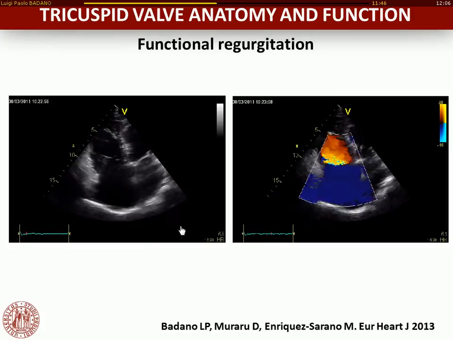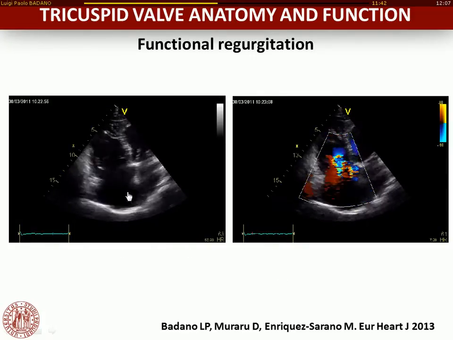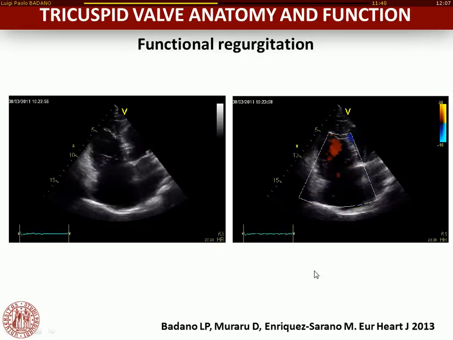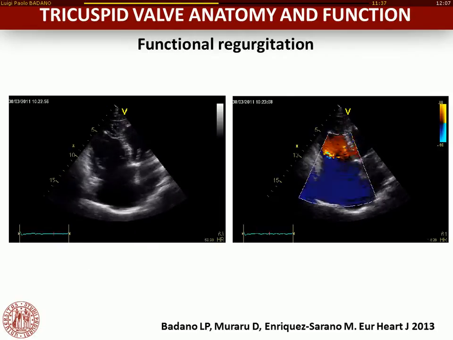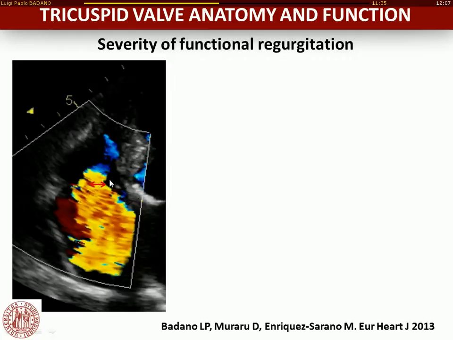This is severe, sorry for the flash on this slide. What we want is first to quantitate the regurgitation. And what we usually do for that is using the vena contracta of the regurgitant jet, as well as the radius of the PISA. These are two of the semi-quantitative parameters that are in the guidelines. However, when you use these two parameters, we assume that the orifice of the tricuspid regurgitation is rounded. And this is a basic assumption that then allows us from a diameter to